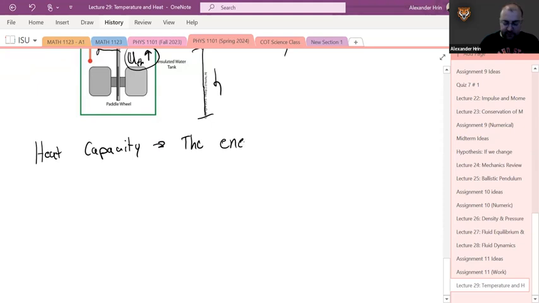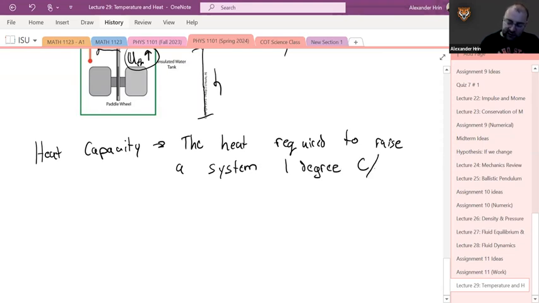The energy required to, actually, I'll say heat, because heat is an energy flow, but the heat required to raise a system 1 degree Celsius or Kelvin. Okay. So, and then remember, raising it 1 degree Celsius is the same as raising it 1